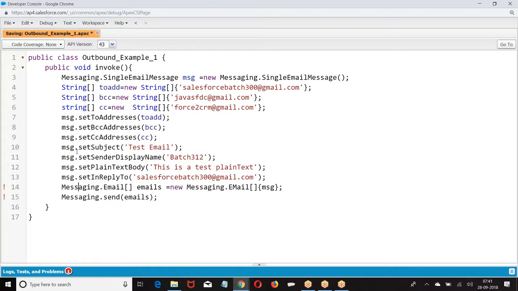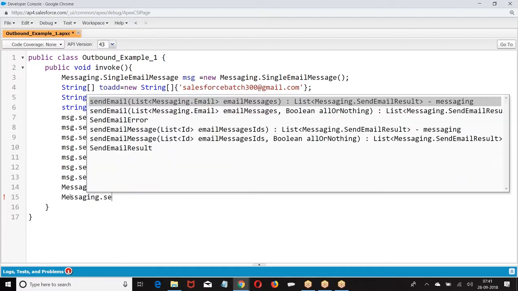So what I'm doing: after creating a message, put them in an array, Messaging.Email equal to new Messaging.Email, then send the email.